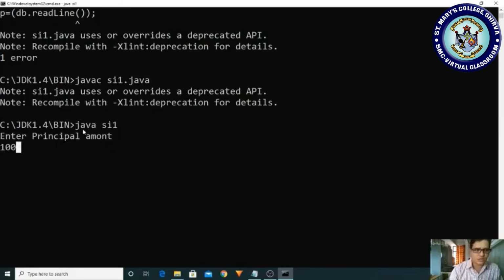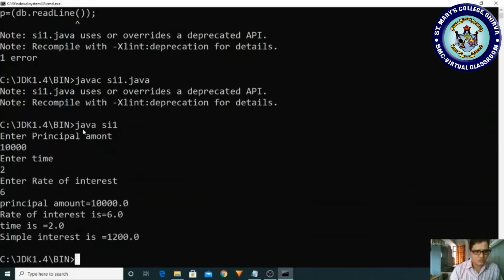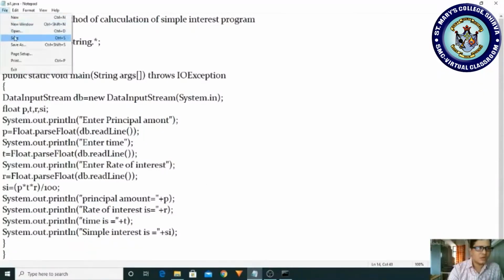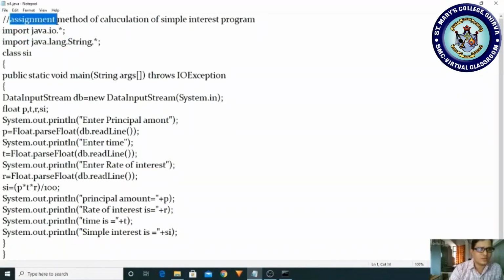I am entering 10,000 and time 2, rate of interest 6. So we are seeing the result here. Okay, likewise you can execute this. Hope you have understood this concept, and you can try the assignment method. Actually it is not an assignment method, it is an interactive method, right?